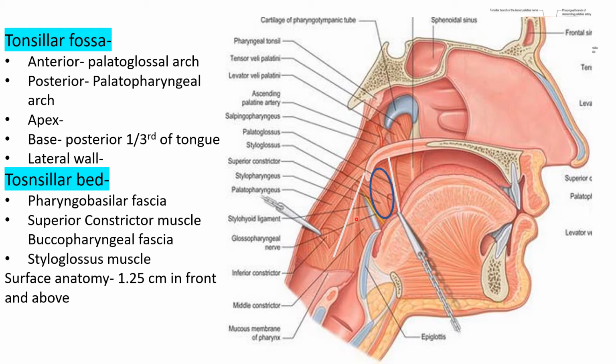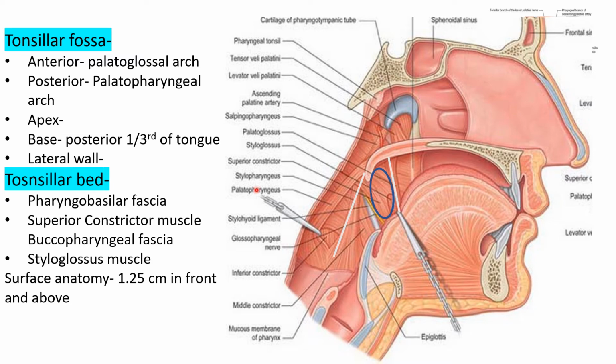That muscle is present mostly in the posterior or the lateral aspect of the tonsil. Okay, the pterygomandibular raphe, and this posteriorly extending muscle which is present in the lateral wall of the tonsil is the superior constrictor muscle. So the main muscle in the lateral relation is the superior constrictor muscle, covered inside by the pharyngobasilar fascia, outside by the buccopharyngeal fascia. Further outside that, in the smaller areas, we have the styloglossus muscle anteriorly, and the stylopharyngeus muscle.